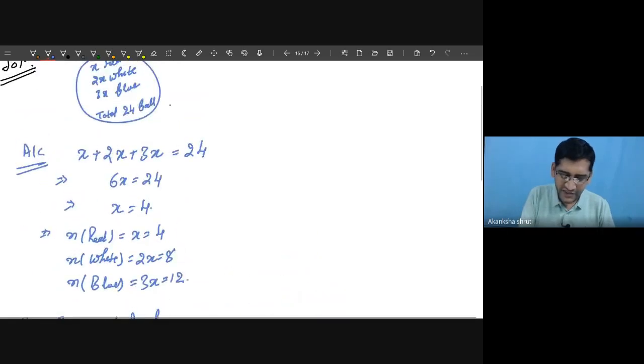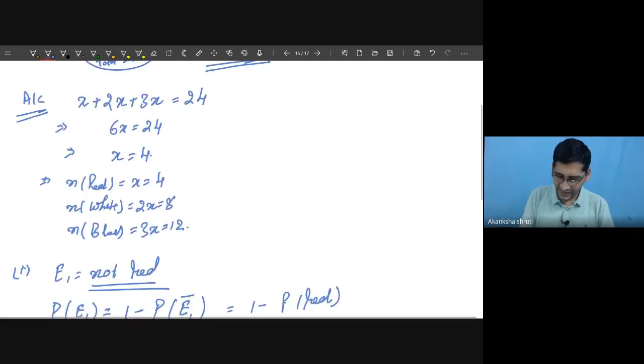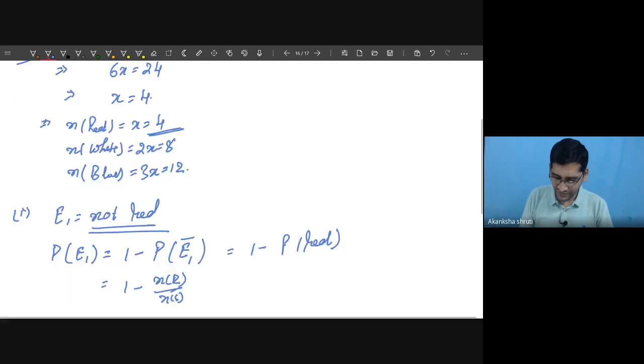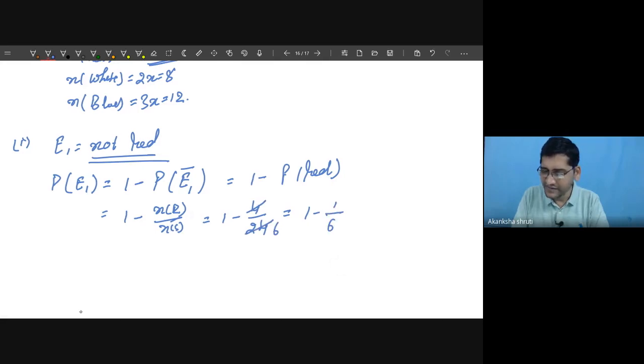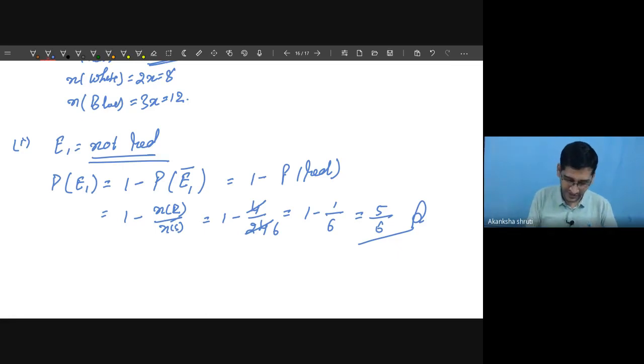So here NS is already this 24. It is given, the total ball in this bag. NR we have calculated as 4. So it is 1 minus 4 by 24, so it is 1 minus 1 by 6. It is 5 by 6 is the answer. It's so simple. So simple method. Another method to